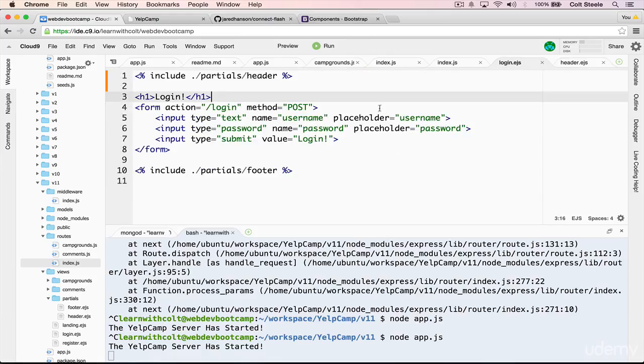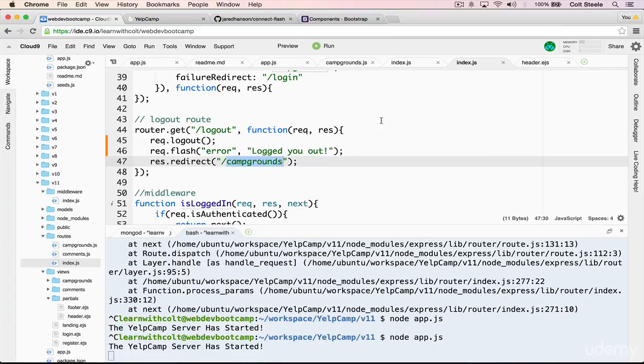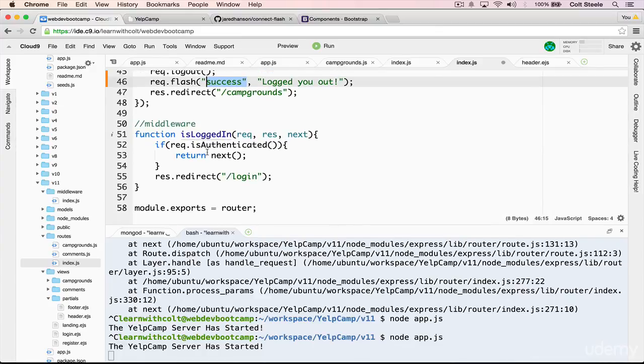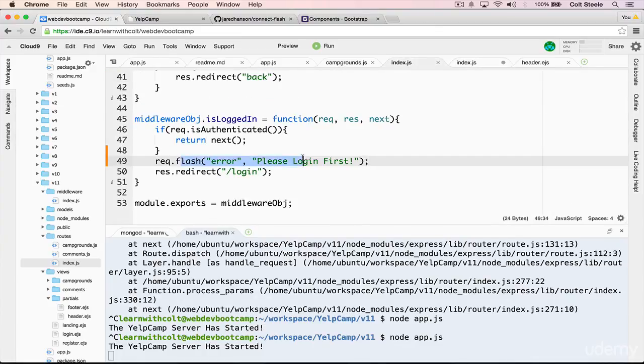So the idea is that, let me get rid of this form, when we flash, we could do something like logged you out, and we might want that to be success. So we'll add it in under success. But then we might have something like in our middleware that we already have where we want to flash error, where we want a red danger dialog or a danger alert. So we have these two ways, and we could add anything. We could do info, we could call this blah. This is not related to Bootstrap necessarily. This is just what we're adding it into the flash under. It's the key. But I'm going to keep it as error